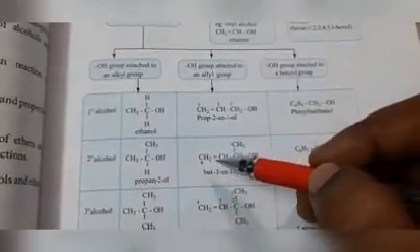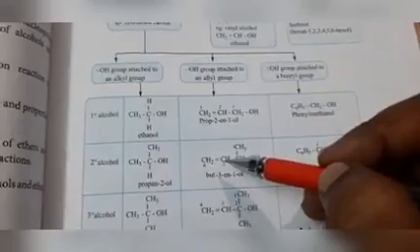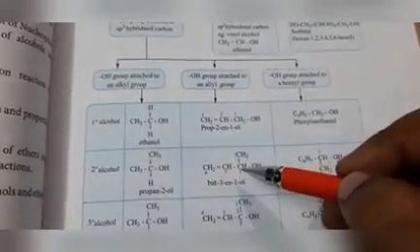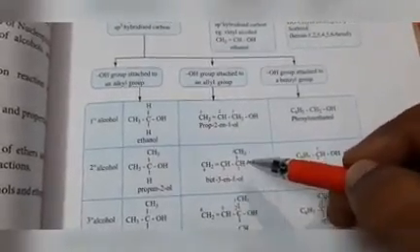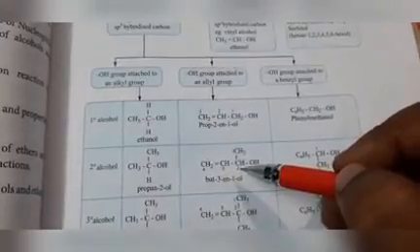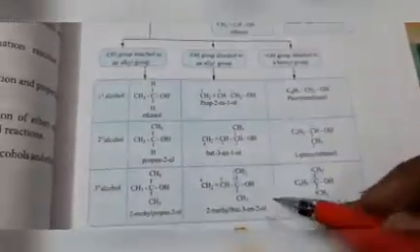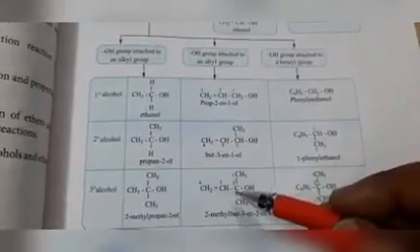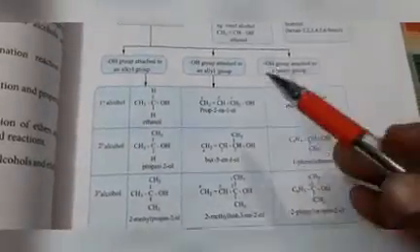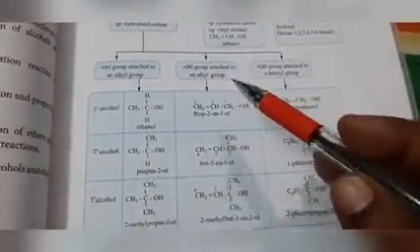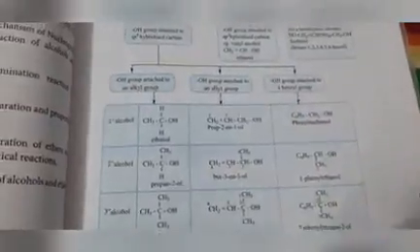Here also it is the same. The double bond carbon is the vinyl carbon. The carbon next to the vinyl carbon is called the allyl carbon. If OH is attached to the allyl carbon, that is called allyl alcohol. So here also OH is attached to the allyl carbon only. So the second category is OH attached to the allyl group.